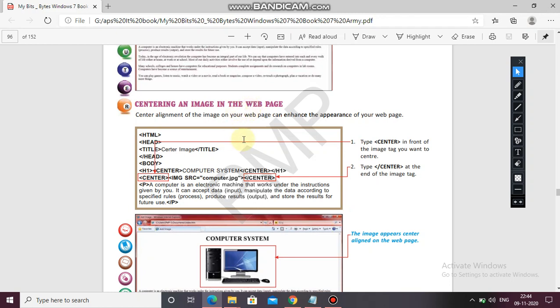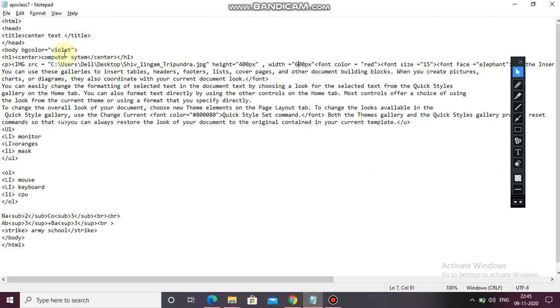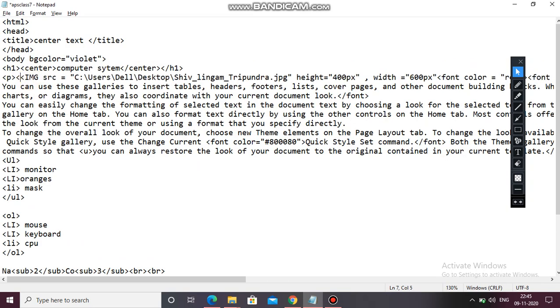So for that you have to use the center tag. Let's see whether it works or not. I am just making this more clear to you all. Here I am using the center tag until the last, till where it has stopped before font. Here I am closing center. Control S.